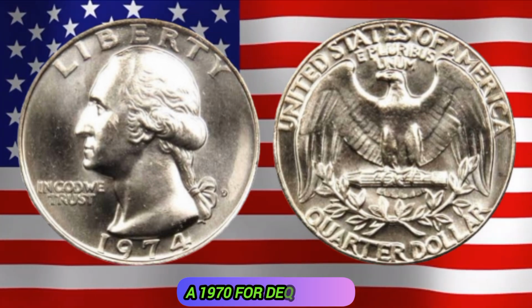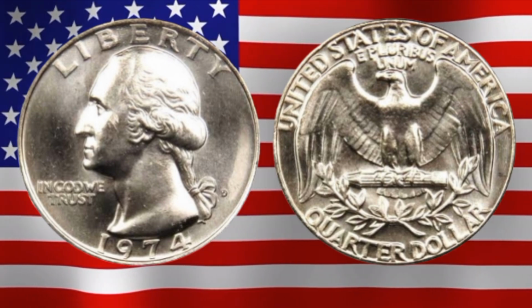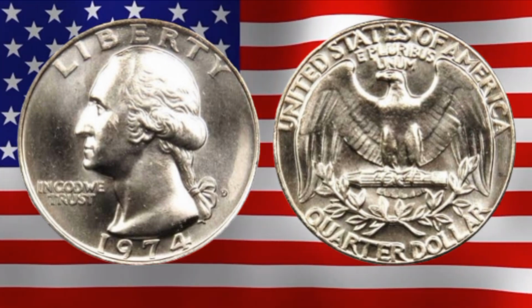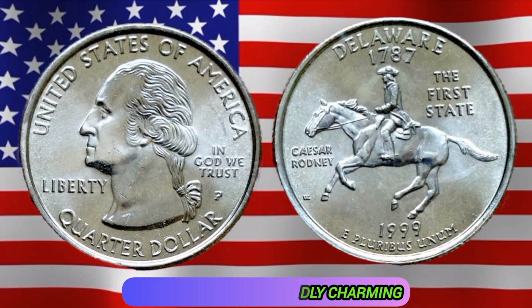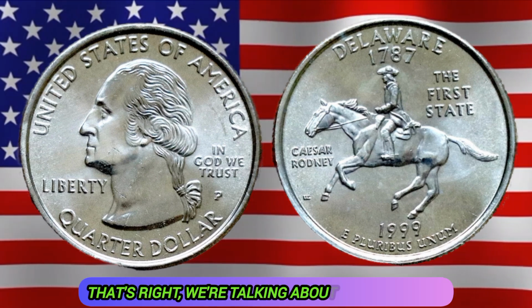A 1974 quarter that was never meant to be silver, yet now stands as a silver lining in numismatic history. Now for number 5, an error so visual, so peculiar, and so oddly charming. It earned the nickname the Spitting Horse. That's right, we're talking about the